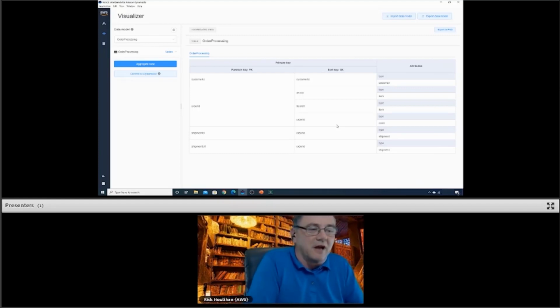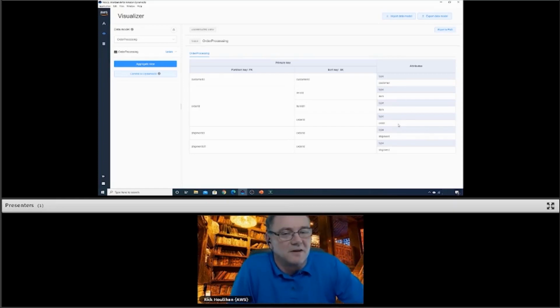So remember that when you're modeling your data, if it's not an indexed attribute, it does not need to live at the top level of the object. And therefore, I don't really need to see it in the workbench unless there's a specific reason that you're doing that. Because all those extended attributes, for me, tend to make the screen messy. I prefer to have more real estate to work with. Right now, this is a simple model, so plenty of real estate. But when you get into complex keys, lots of GSIs, you start losing real estate pretty quick. So only view what you need to view is kind of my approach here. At this particular point, I can select by customer ID, I can select by order ID, select by shipment ID, and I had the other access pattern, which was to select